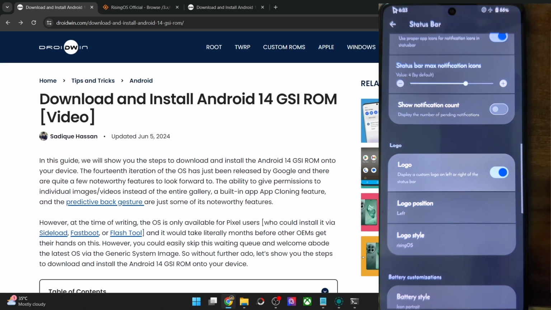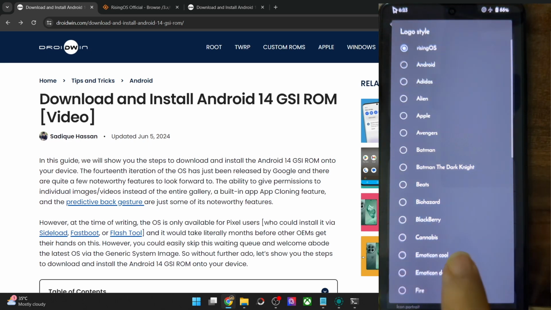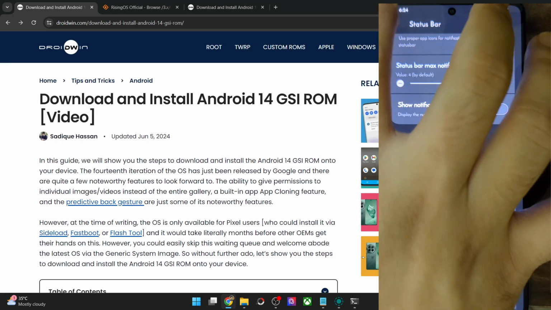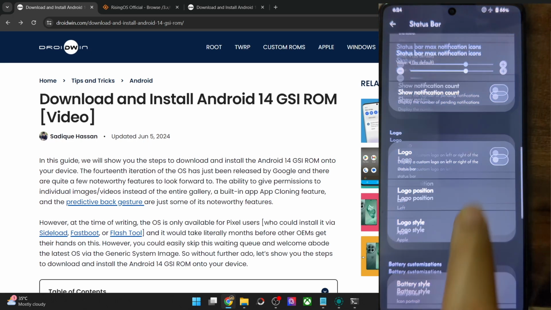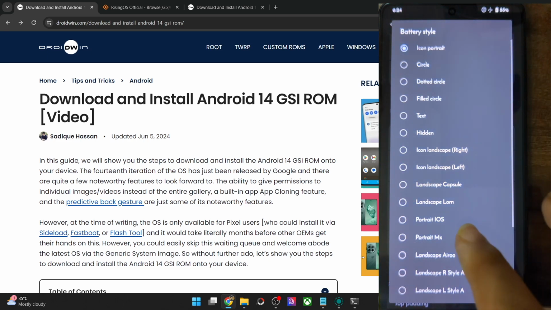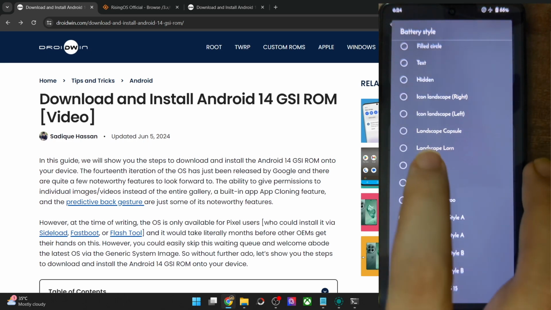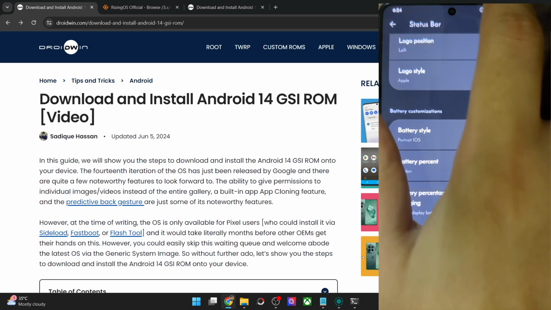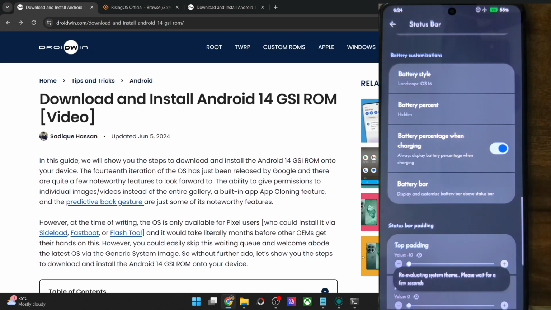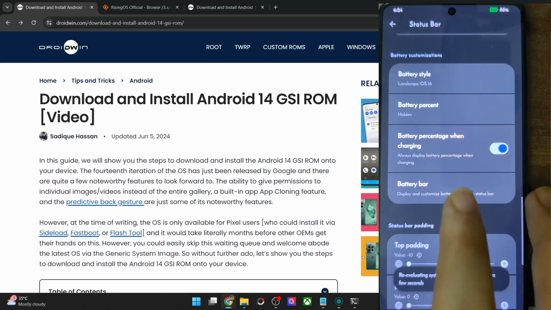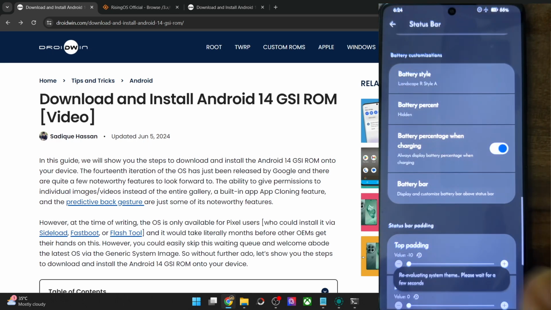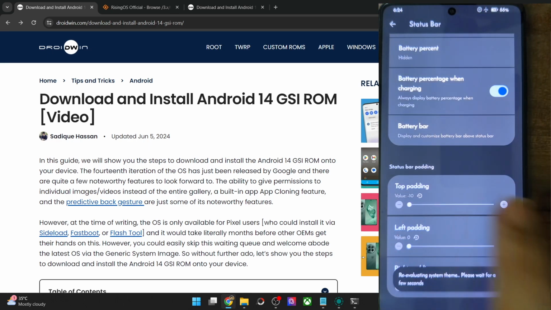And then you may add a custom logo. As you could see, there are quite a lot of logos. Let's go with the Apple, and as you could see, the Apple logo is there now. Let me remove it, otherwise it might infuriate some of you out there. And this is the battery style for the status bar. Let's go with the portrait iOS, and as you could see, the change is implemented. You may choose from all these icons. Landscape iOS 16. The green color does not suit well with the rest of the theme, so let me go with another one.